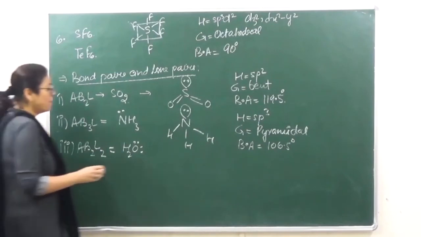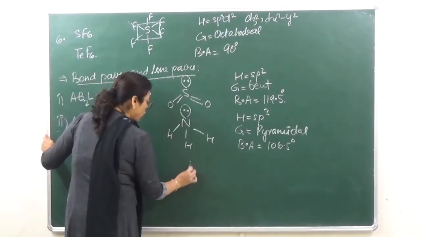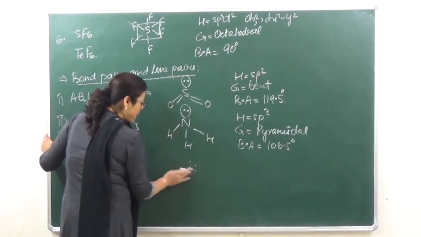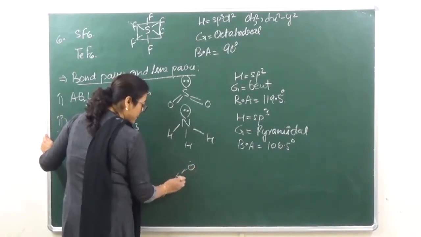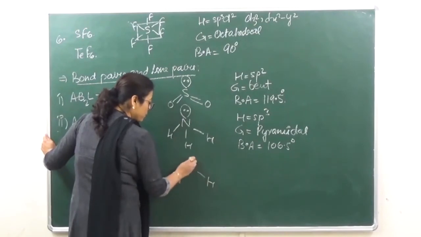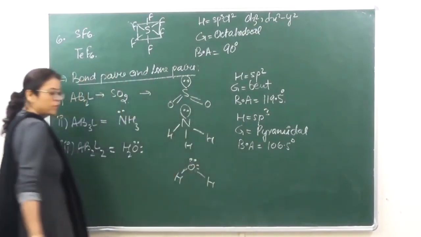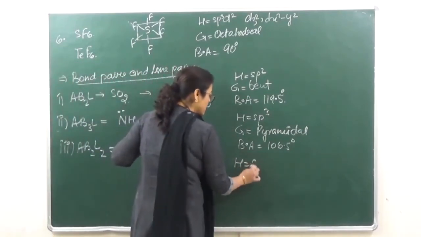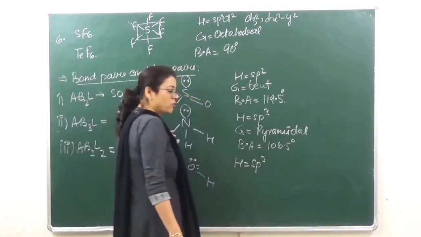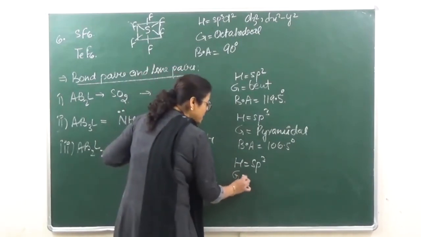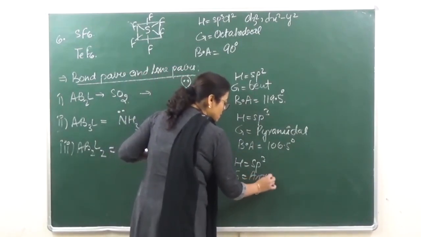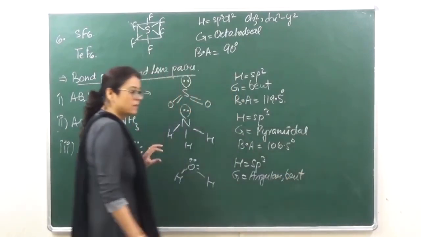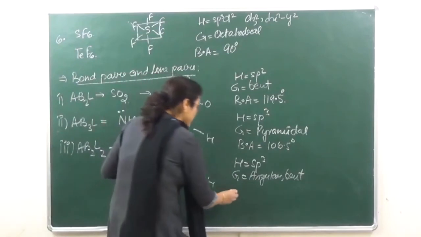Okay, so यहाँ पे we have the structure of water as okay. Now the hybridization in this case, it is going to be sp3. The geometry is angular or bent,